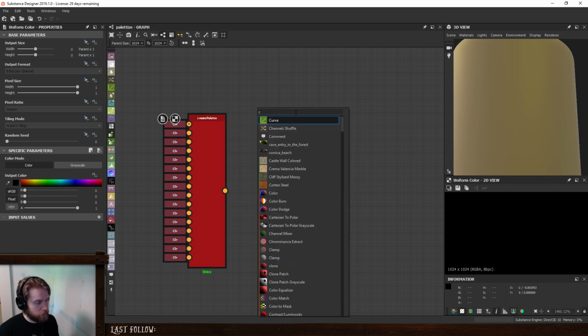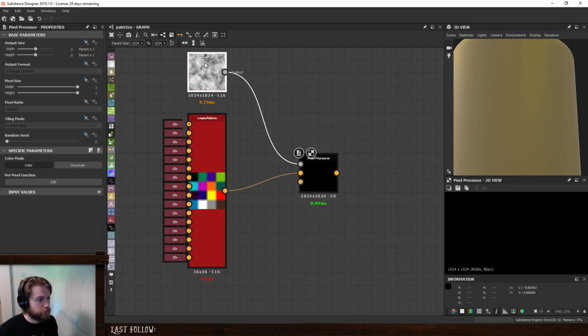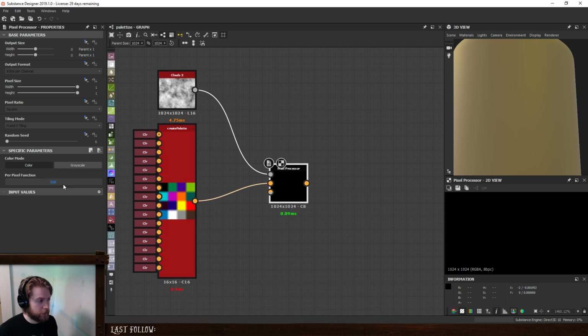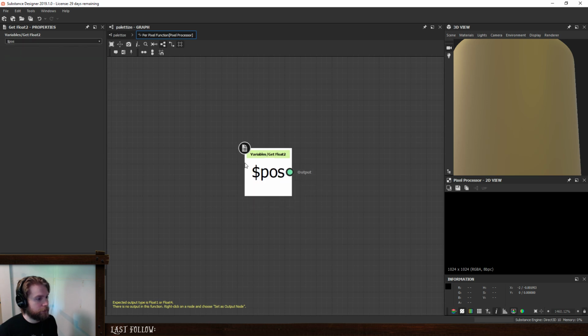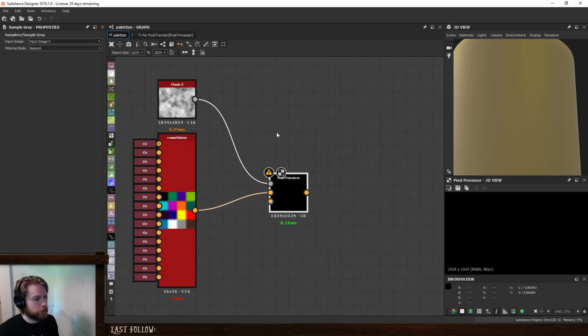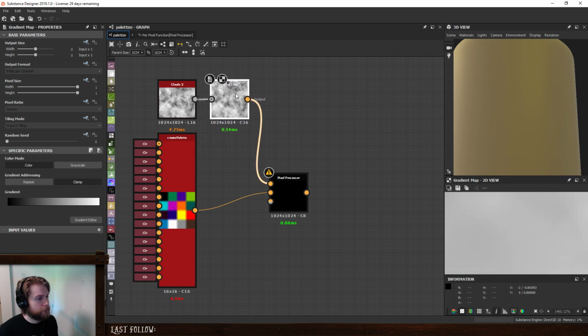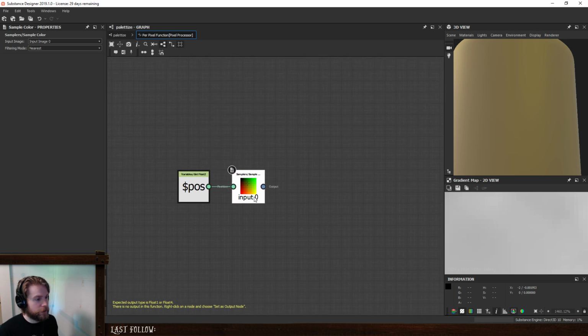So first, we give it the image and then the palette. So we need to get the position of the pixel that we're sampling, and then sample its color. So we need to sample the color of the input image, and then we need to sample basically all the different palette sections,